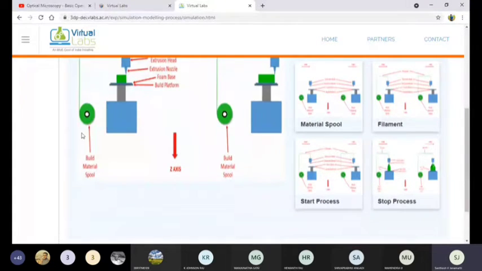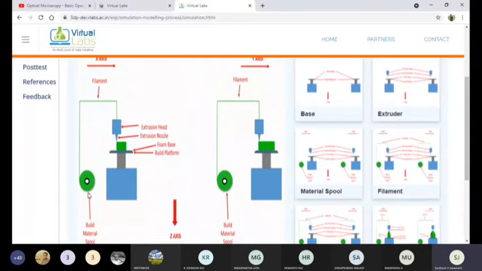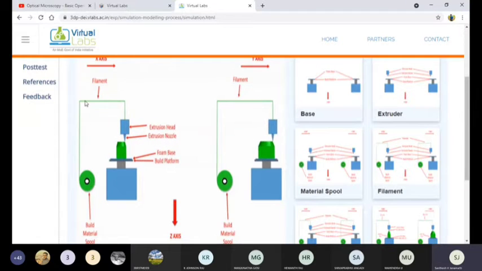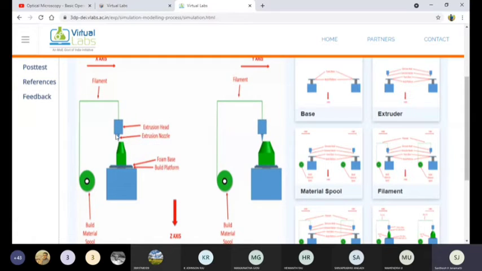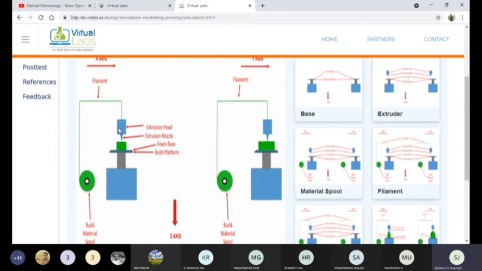See, here we need a spool. This is the build material, which is in the form of a thin filament, in the form of a fiber. Then this filament is connected to the extruder. This is the extruder chamber or extruder unit.